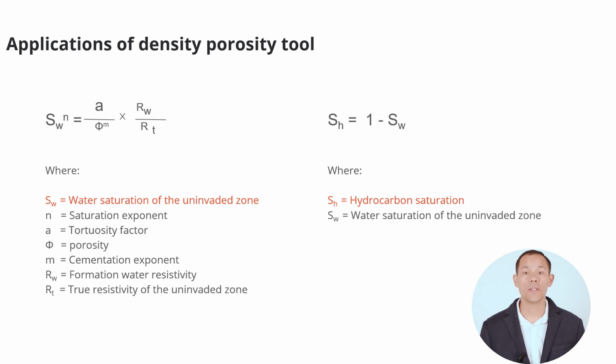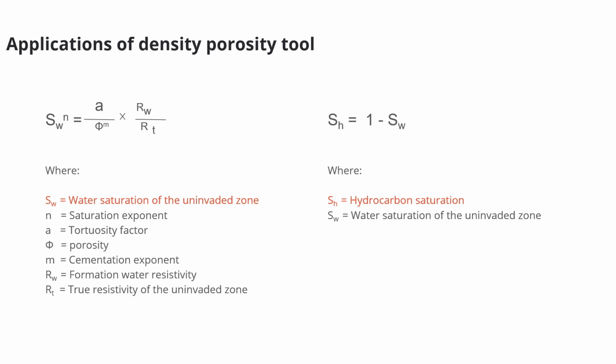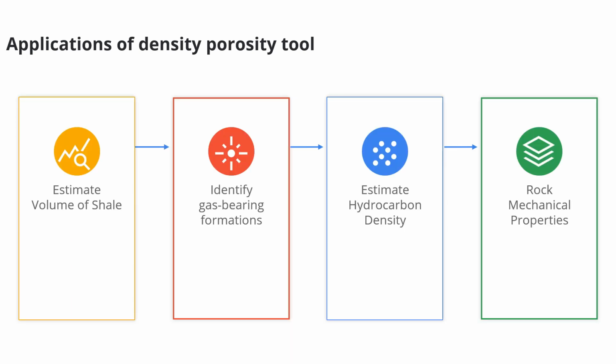Once we know the quantity of water, it will be assumed that any fluid that is not water will be hydrocarbons, and that's how we estimate hydrocarbon saturations. Additional applications of porosity tools include determining shale volume, VSH, when combined with another porosity measurement like neutron porosity tools, identifying gas bearing formations, again combined with neutron porosity, estimating hydrocarbon density, and describing rock mechanical properties with data from